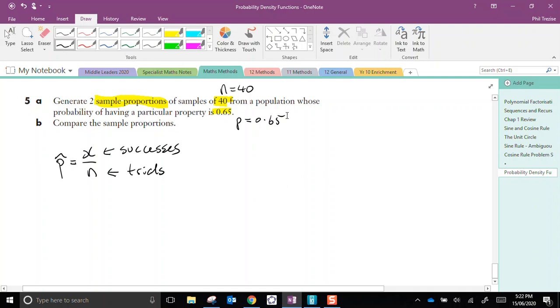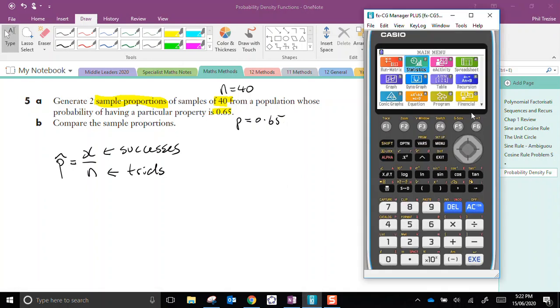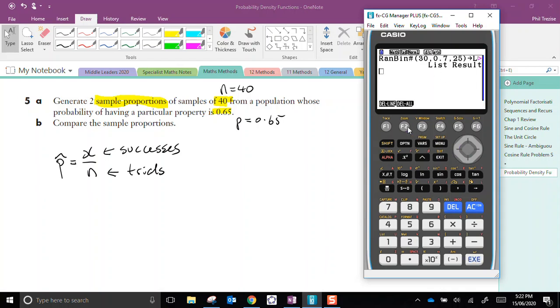Now, how do we do this with our calculators? Let's take a look. So we go to the Run Matrix menu. I'll just delete what I had there. We go Options, Probability, Random. Now this is a binomial situation, so it's a binomial probability. If I was to say there's 40 attempts or 40 trials in this experiment, the chance of success in each one is 0.65, then